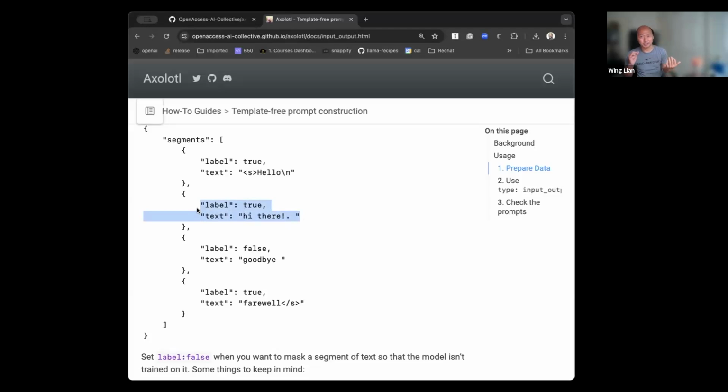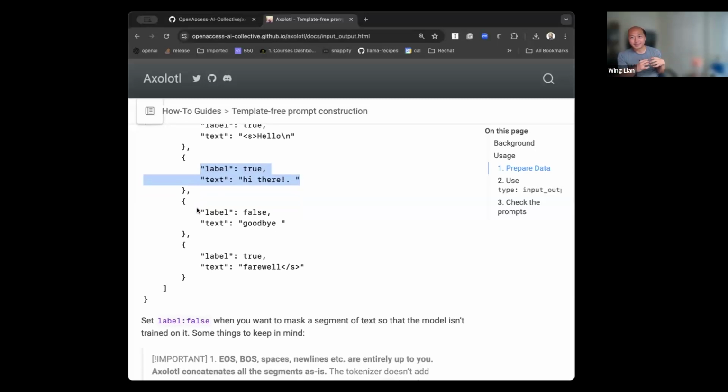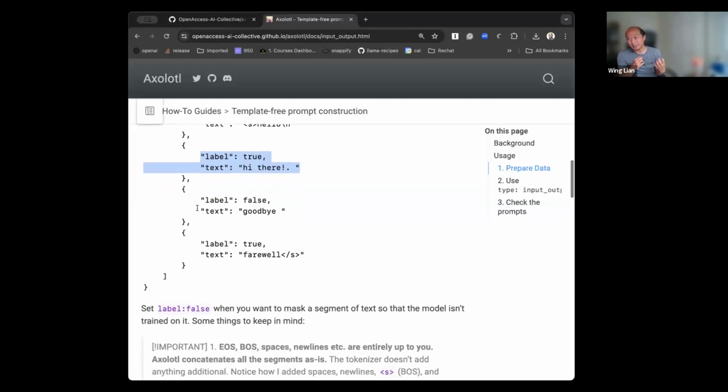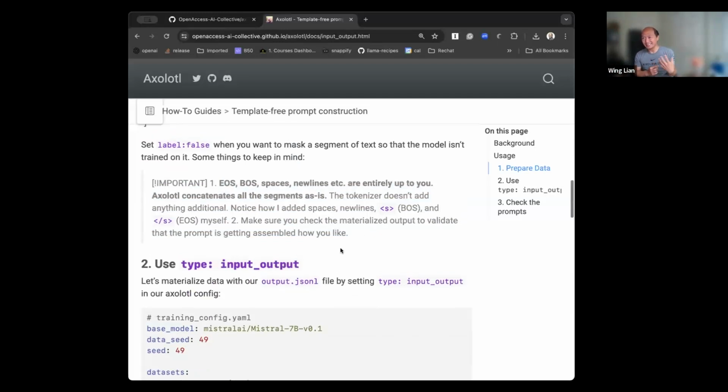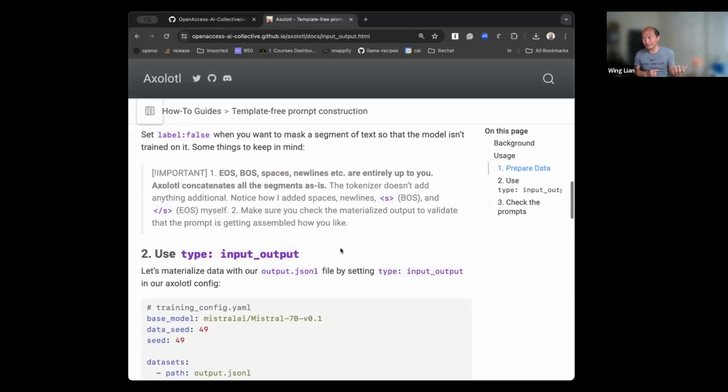But generally, these are good for things like multi-turn chat, and this is probably easier to grok for some people. It's like, I understand what's the input, I understand the output, and there are none of these weird templating things that you have to go and figure out. It does lend itself to a little bit less flexibility, because if you wanted to change chat templates down the road, you'd have to go find your original data format and reformat it into this particular format.